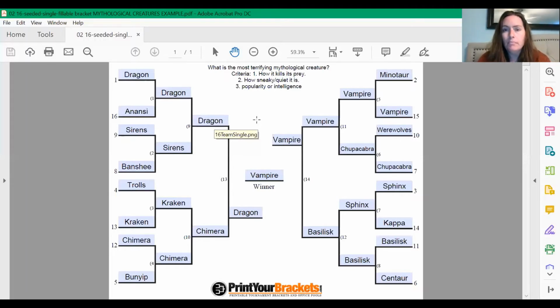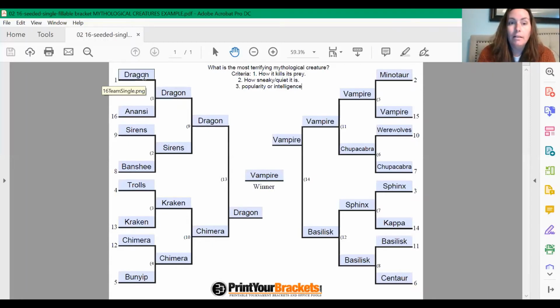So I have all of my creatures listed on the outside. Okay, they're all on the outside. Then I just need to decide between the matchups. So I go to this number 1 that has the parentheses. This is explained in the PowerPoint, by the way, but just in case that didn't make sense to you, I look at that and I'm going to figure out what to write on this line. Now I've already filled it in because I went through this. But I looked at dragon and Anansi. Anansi comes from Western African tradition, really kind of like a demigod, or some refer to it as a god.